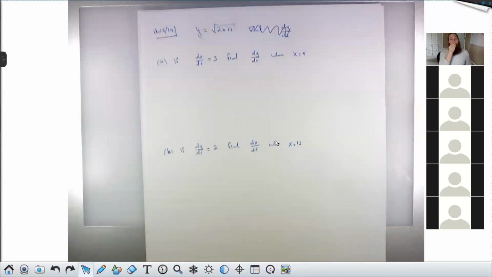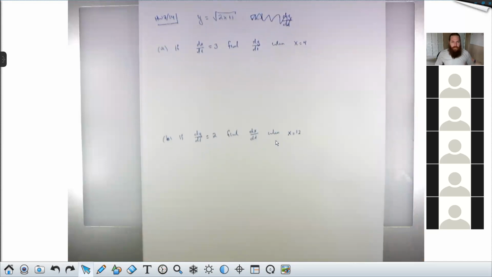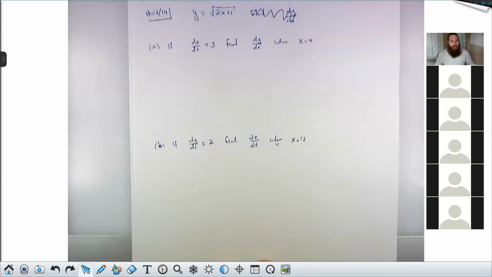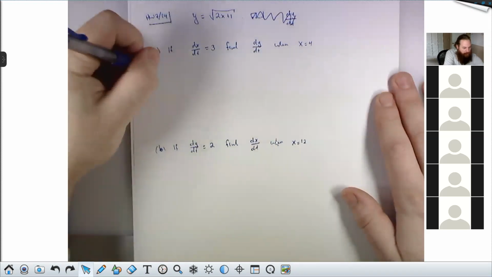Okay. So this is very much like something you may encounter in a related rates problem. It's understood here that x and y are both implicitly functions of the variable t. So every time I go to differentiate an x or a y, I have to use the chain rule and slap on the time derivative, dy/dt or dx/dt. If I want to find dy/dt, like here in part A, I'm going to apply d/dt to both sides.